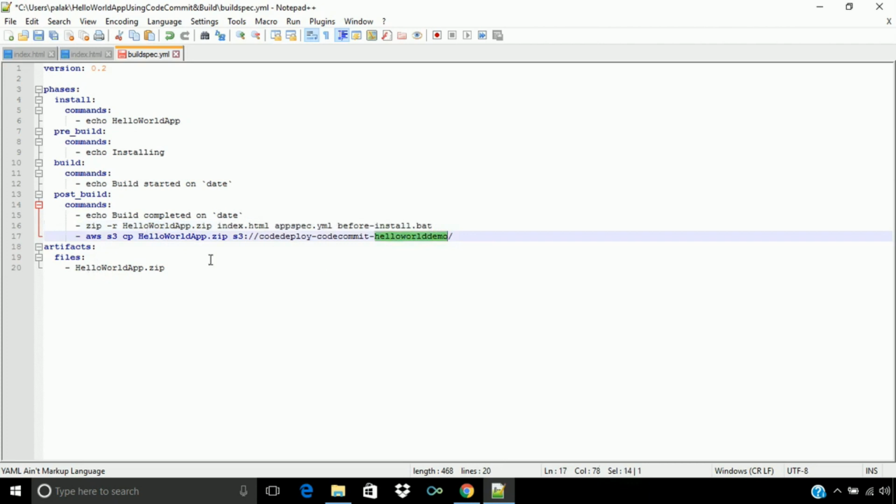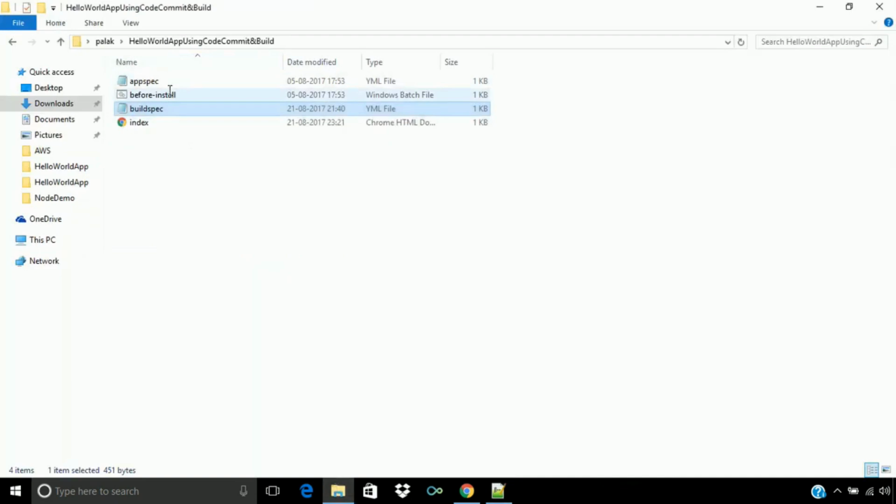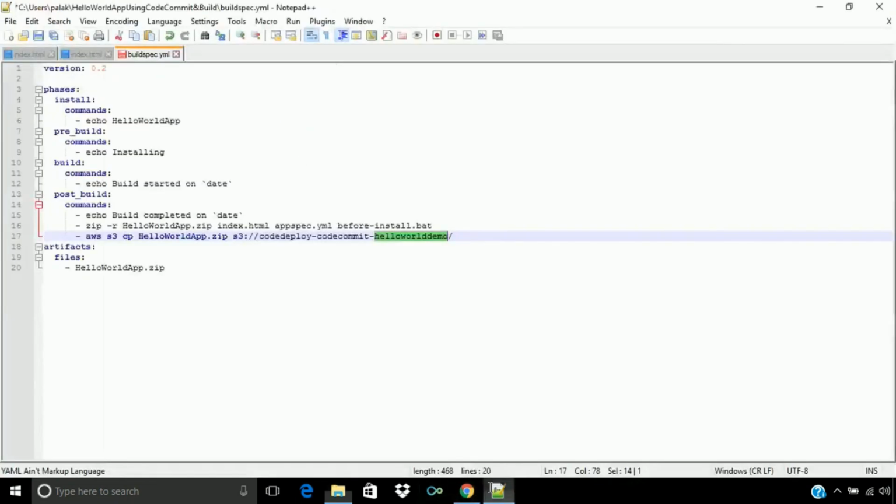So our build spec file is ready. In artifacts also we just require hello world app.zip. Other than that, the before install and appspec file are the same as we used in the earlier lab. I haven't modified anything.